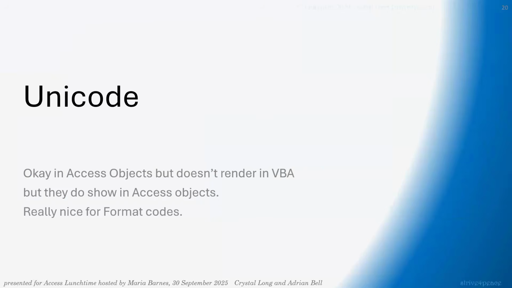Now, Unicode. I'm bringing up Unicode because I'm going to talk about VBA and also Access objects. And Unicode doesn't render in VBA. Now, it can store Unicode in VBA strings, but it can't show it to you properly. And I loved using Unicode in places, not necessarily for data, but I really like using it for format codes, like for checkboxes, to make some really cool checkboxes. You can use flags and all kinds of interesting